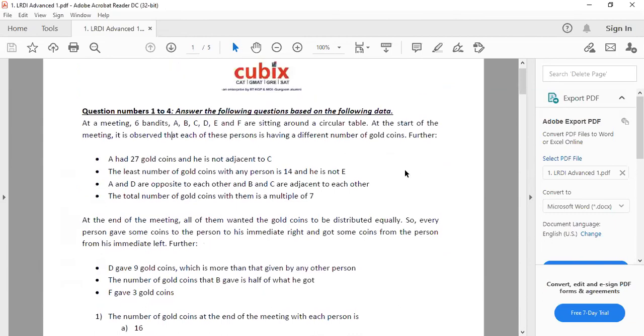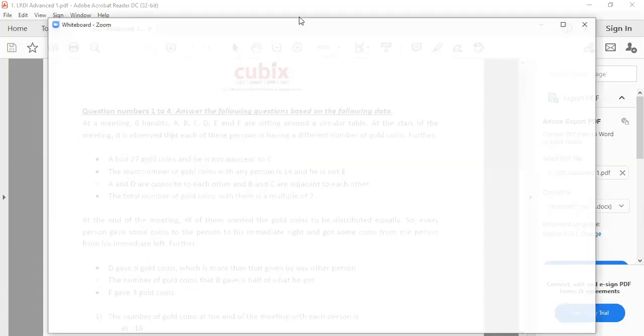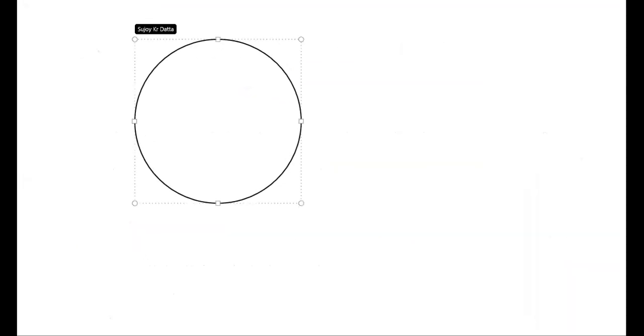So LR, circular arrangements based LR question. Before you start doing circular arrangements, you will be doing them again tomorrow in the normal class. I'll just quickly tell you a couple of things to keep in mind. People sitting in a circle, let's say 8 people or 6 people. You will always draw a diagram of people sitting in a circle. Now, if there are 6 people, don't just draw 6 people like this.